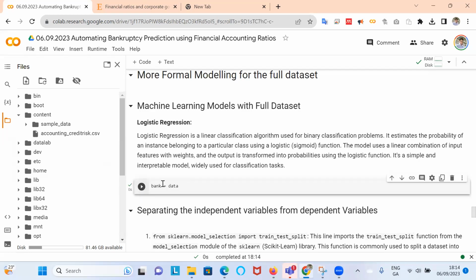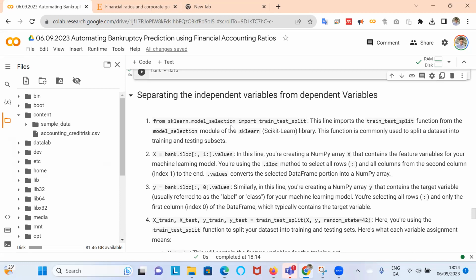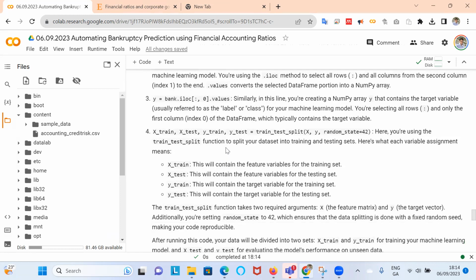I'll just call the data bank, so create a new object, which is just a copy of the data, and it's now called bank. Then I'm going to invoke the sklearn library, which is probably the most well-known, the most used, or in the last 8-9 years, a very heavily used library for machine learning.